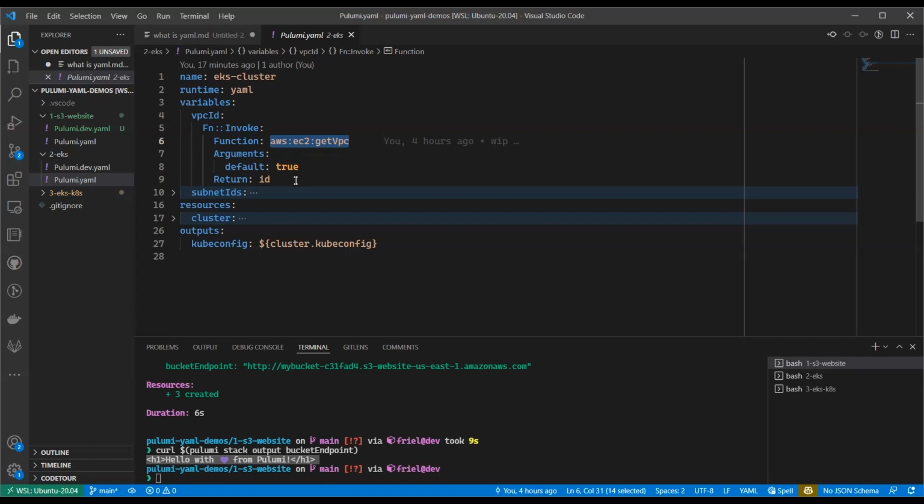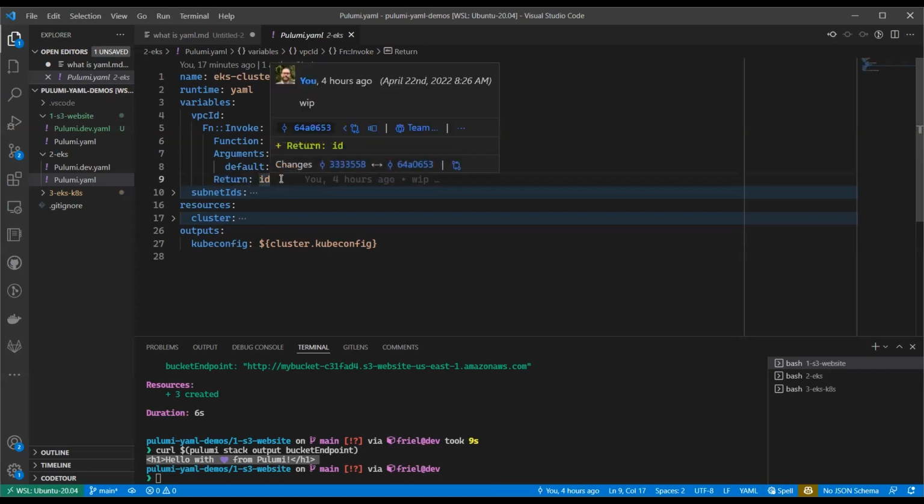And optionally, if you have a single return key that you would like, you can ask for just that single key, for example ID, or you could get back an object and store that in the variable and use, again, our interpolation syntax to be able to retrieve properties off of that.